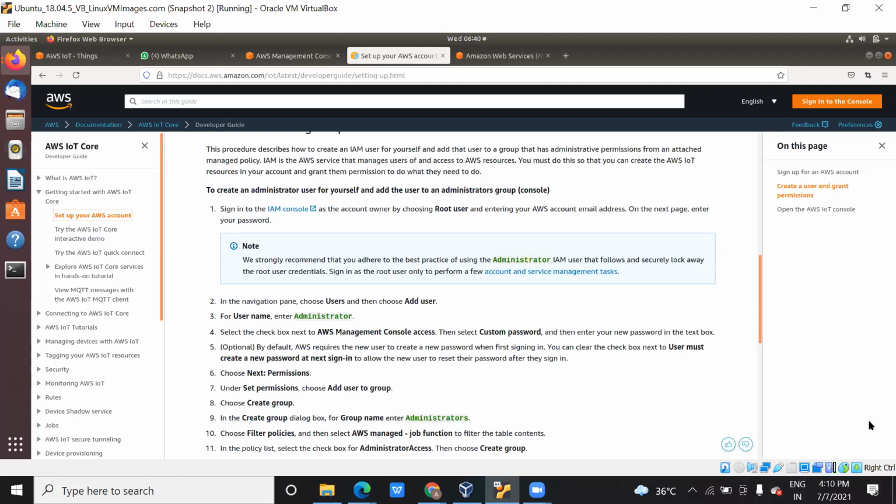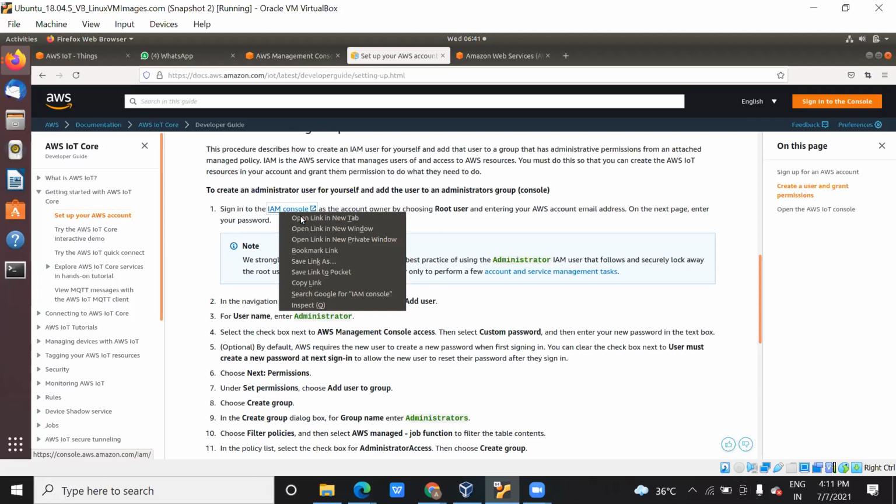But when you are logging in, you are logging in as a root user. Whether you created an account on your own, if you are the owner of that account, suppose you have created an account with your credit card and billing, that is called a root user. But here I am using an account that is created by Hackveda. They have given me access, so I am an IAM user here because they have given me permission. So this IAM console, let me open it and show you.